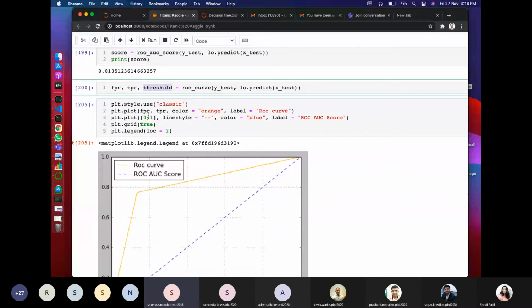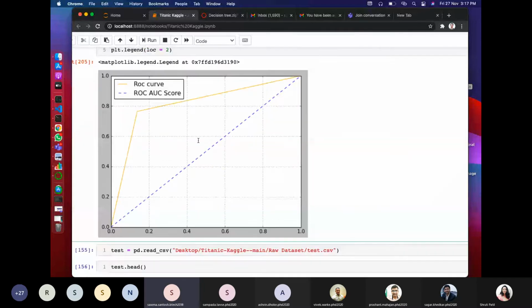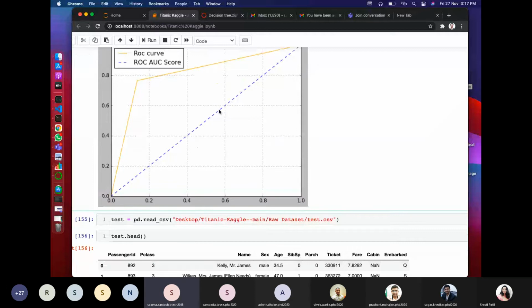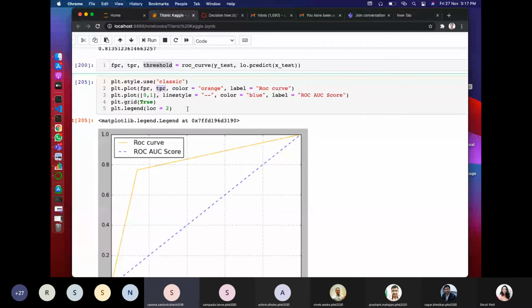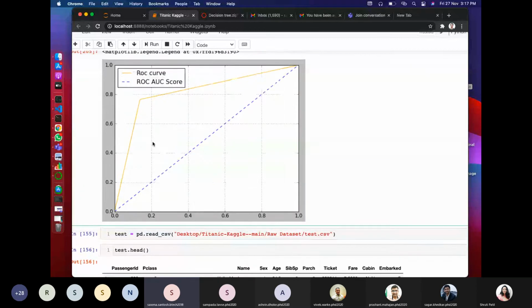I plotted these values, and this is the graph we got. The 82% accuracy we got here is with this many false and true predictions. It is good if the curve goes slightly upwards; the more it goes upward, the better the model is. This is actually a Kaggle problem, and I did this for submission purposes. So here the model ends.